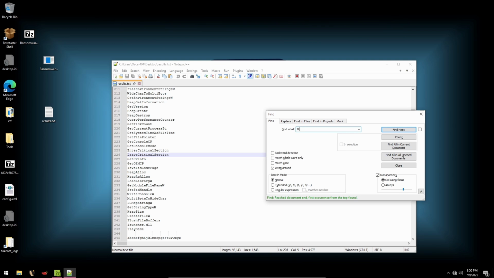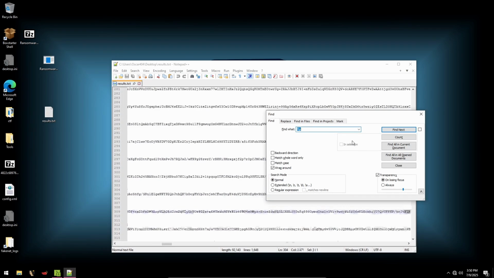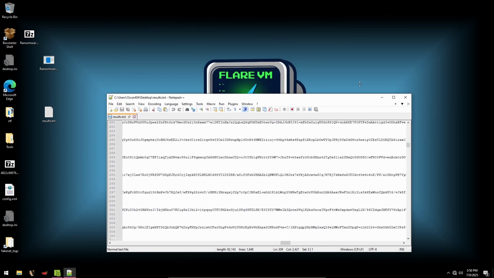We can also search for FTP and maybe we find nothing. SMP, we also find nothing. And I think that's all about our process of searching inside these strings. And at the end of this